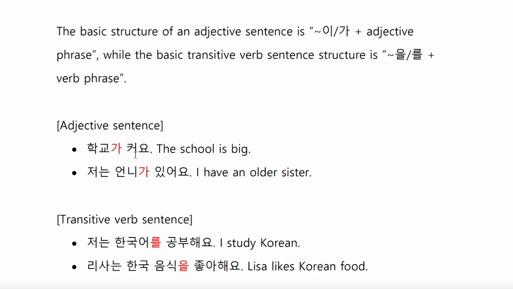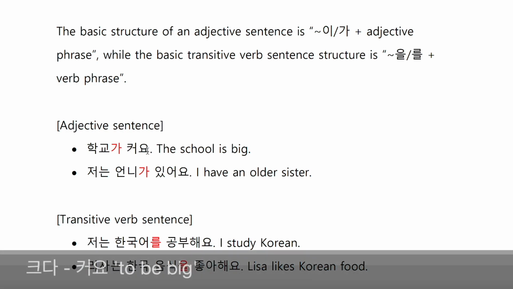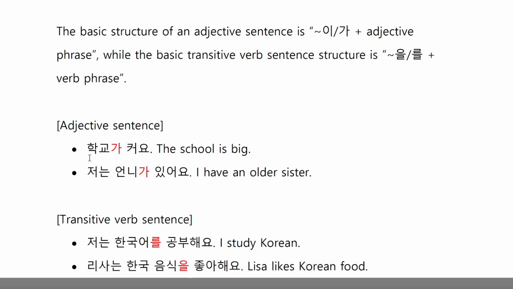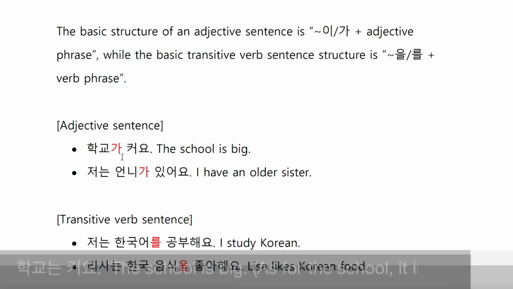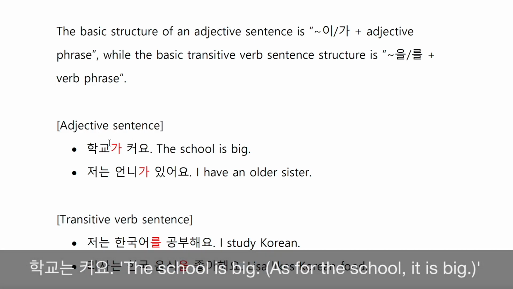이제 you have to distinguish between a verb and an adjective. Like 커요. The dictionary form is 크다. To be big, it's an adjective. It is easy to know this 크다 is an adjective. 그렇죠. Something is big. 학교가 커요. School is big. 학교는 커요. That's possible. So 은/는 or 이/가 are interchangeable in many cases.